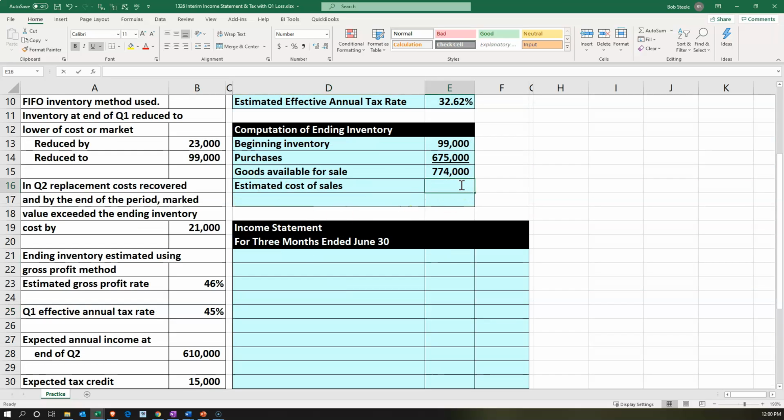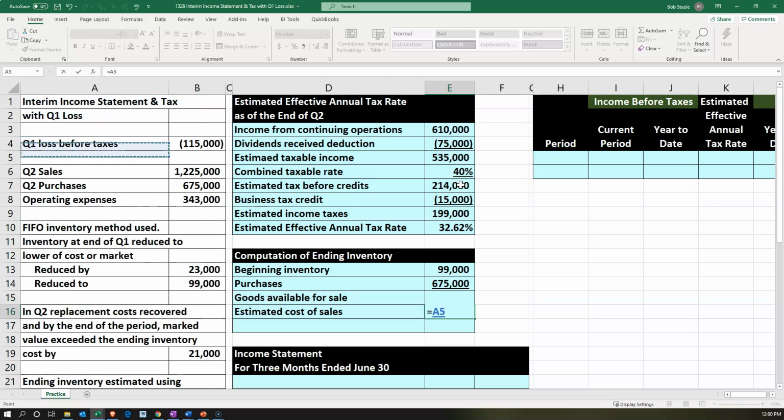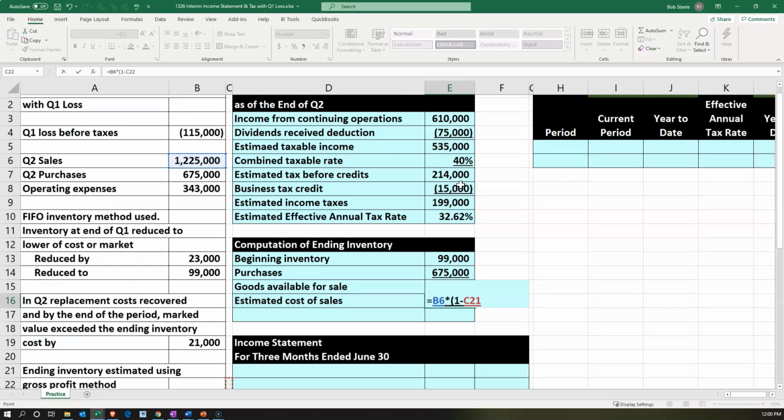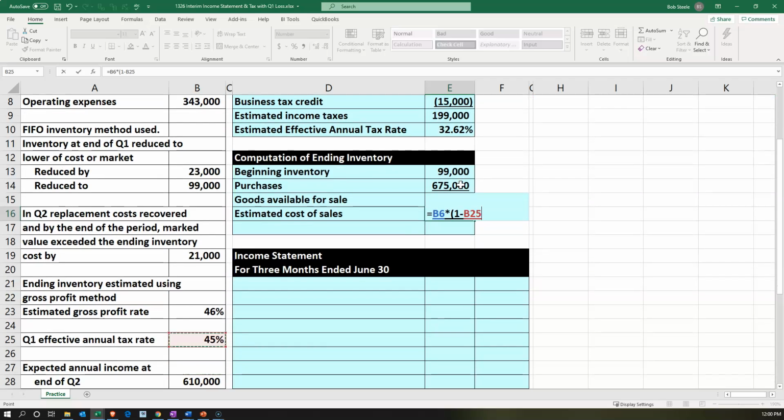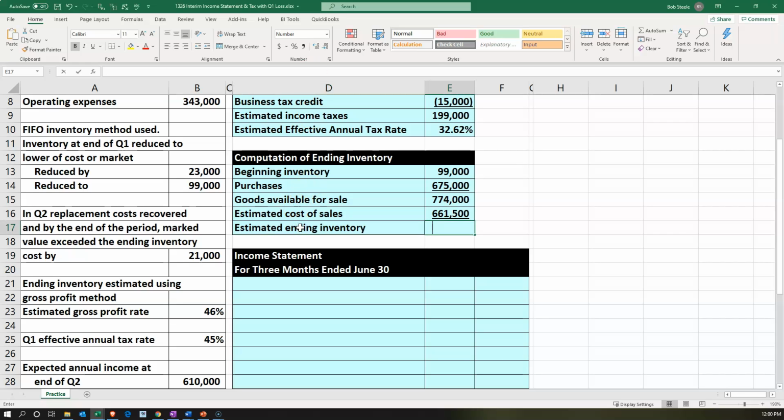So this equals the sales number times brackets 1 minus, and then we'll pick up that 46 as the rate, closing up the brackets, and there we have the 661,500. That's going to give us our ending inventory. Ending inventory then is going to be equal to the 774,000 minus the 661,500,